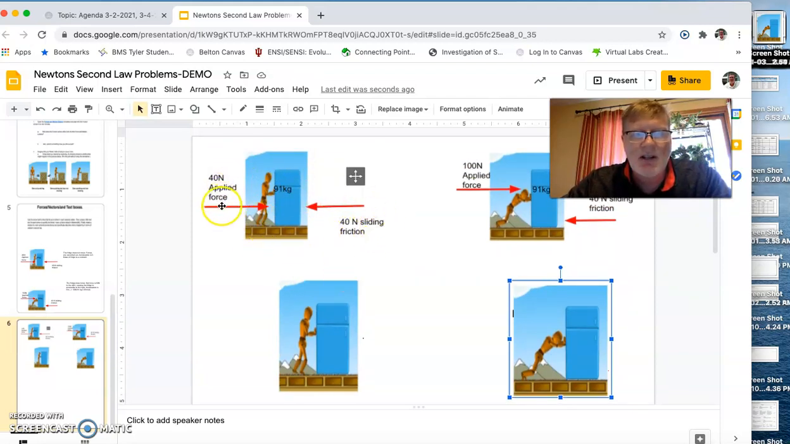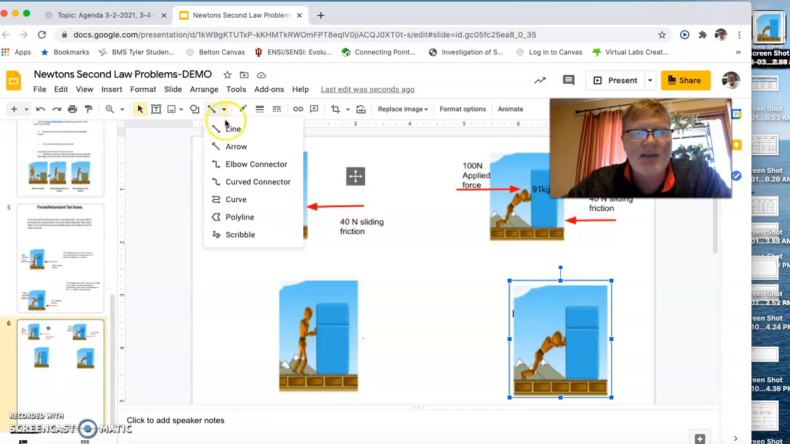The force to the right and the left on this first one is the same. The force by Sam pushing on the fridge is equal to 40 newtons, and the force of friction is equal to 40. And the mass of the fridge is 91 kilograms. So to do that, I'm going to add these two red arrows and try to make them identical. So arrow with a line